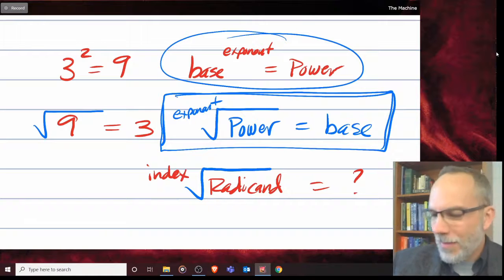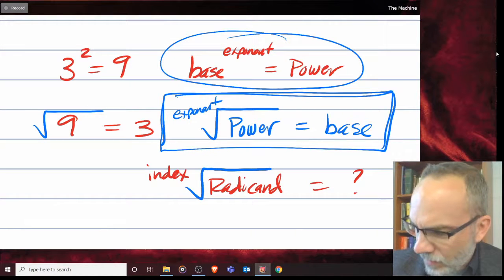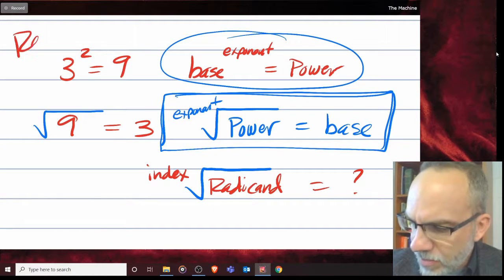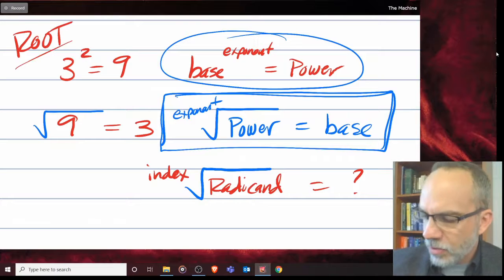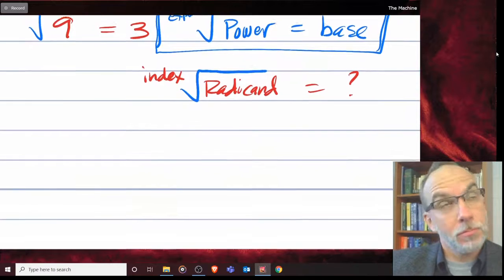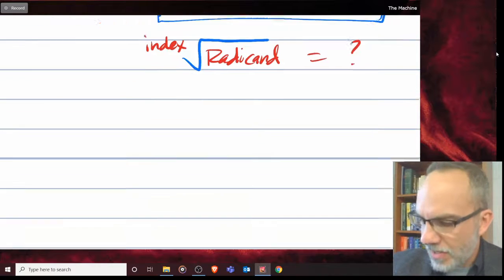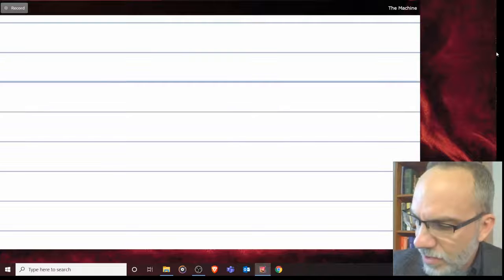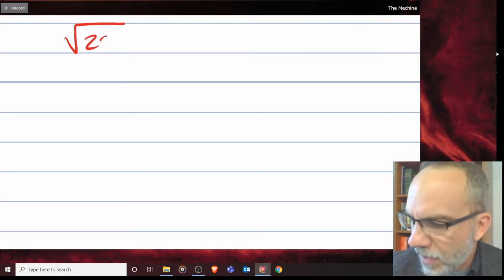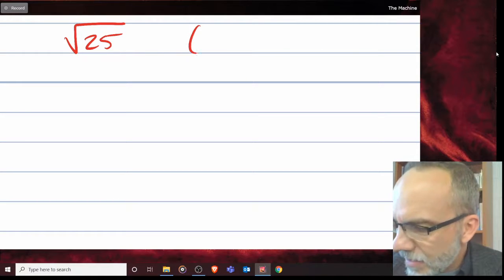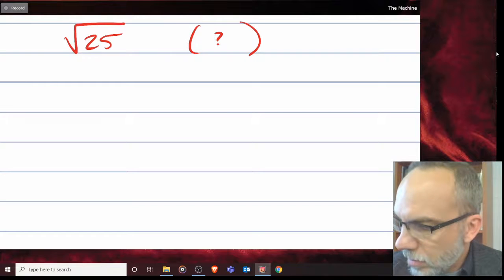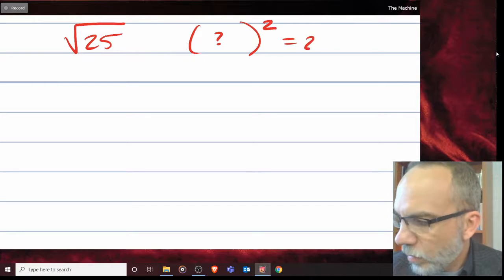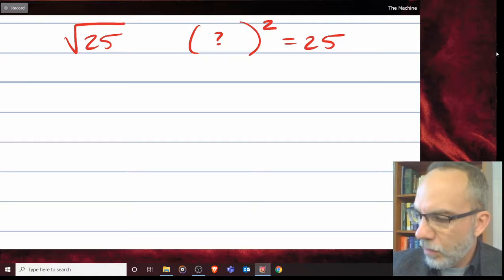Okay, so let's talk about now what a root is. We're not talking about exponents. Let's talk about what a root is. Basically, it's asking you what's the base. Okay, the answer to this is what's the base. So if I said, what is the square root of 25? What I'm really asking is what squared is equal to 25? And of course, you should know that the answer to that is, oh, I know what that is. That's 5, right? Because 5 squared